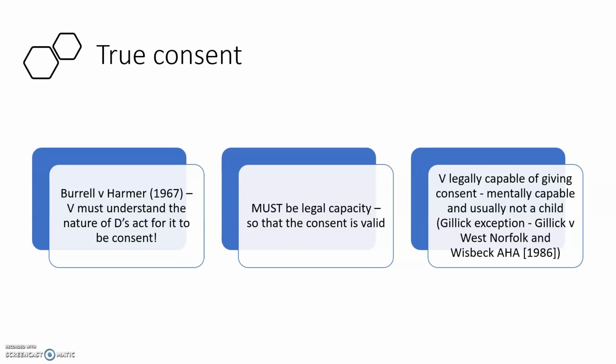So they had to weigh up the balance of interest there. And they decided that in that case, they could weigh up using something called the Gillick test to see whether that child is mentally capable of making that decision and consenting to that treatment. And if they could, then they could do that without the adults' or the parents' consent. And that's called Gillick competence, or the Gillick exception, which you can see from the case of Gillick,